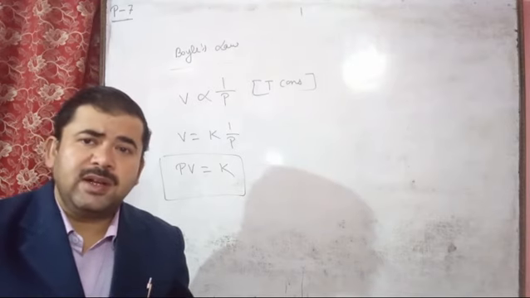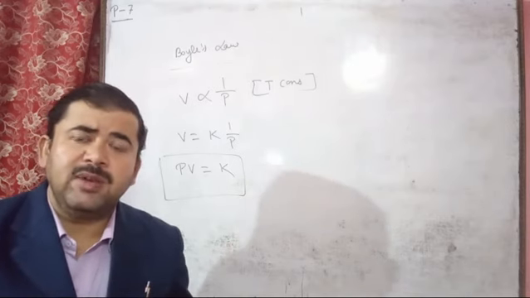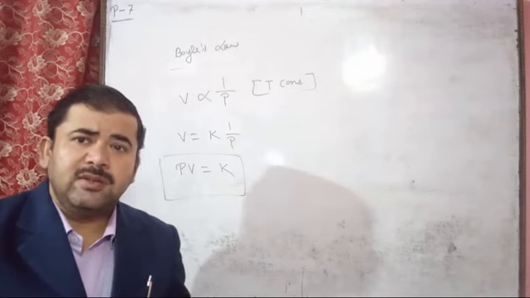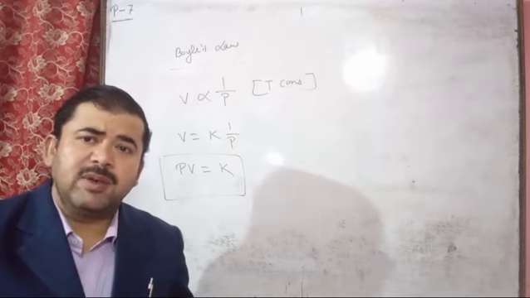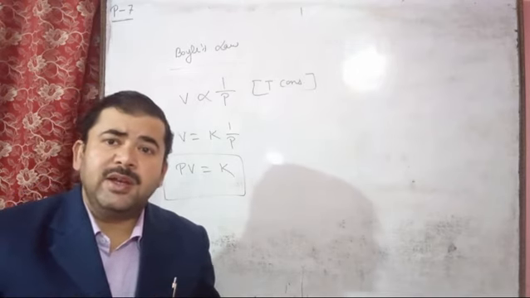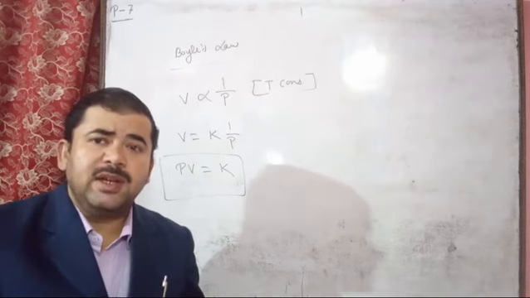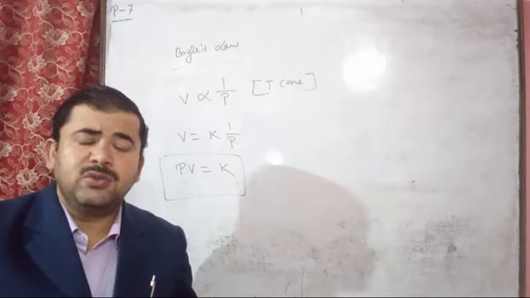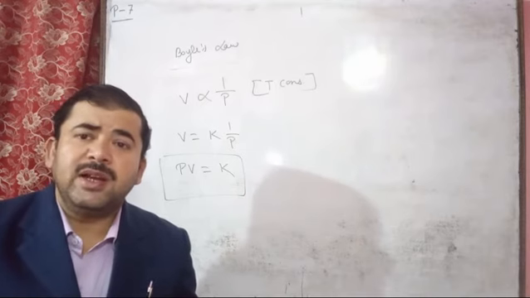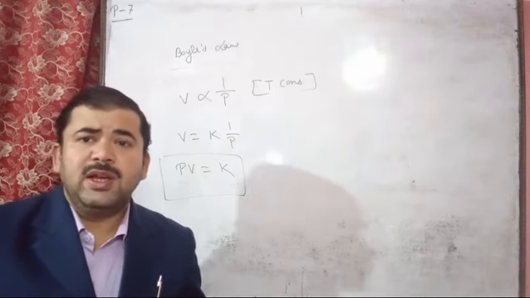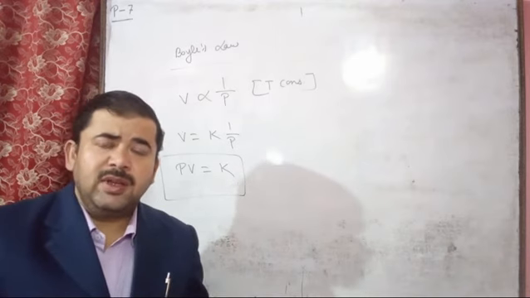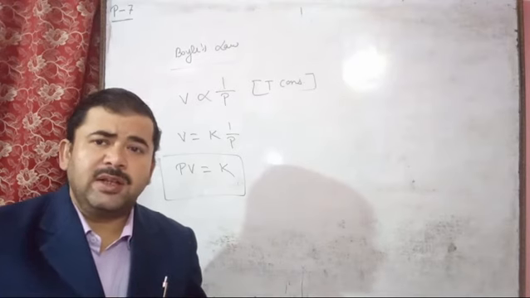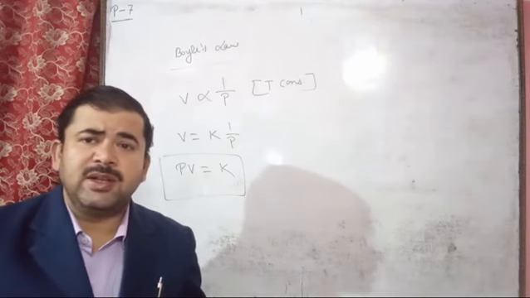If we change the starting 0 degrees Celsius into Kelvin, then we will get 273 Kelvin. And if we take the last temperature, minus 273 degrees Celsius, and change it, we will get 0 Kelvin. So in the explanation of Charles' law, there was one graph with the temperature given from 0 to minus 273.